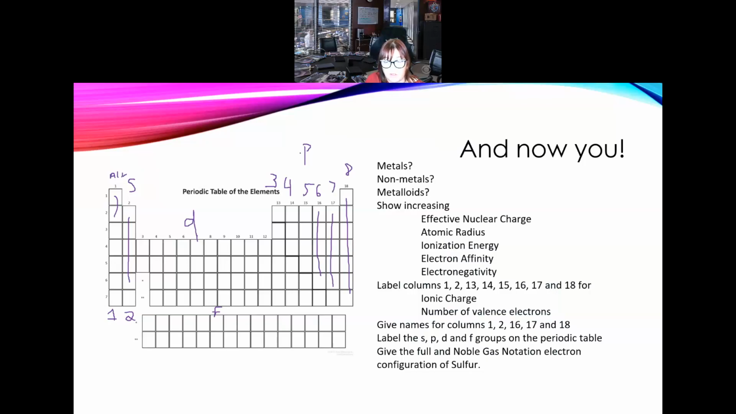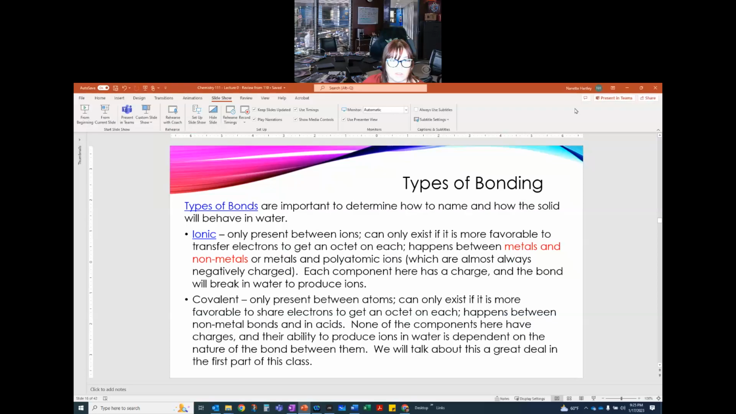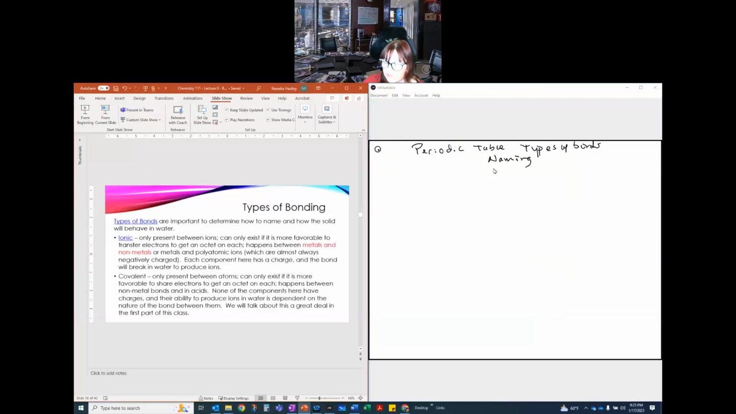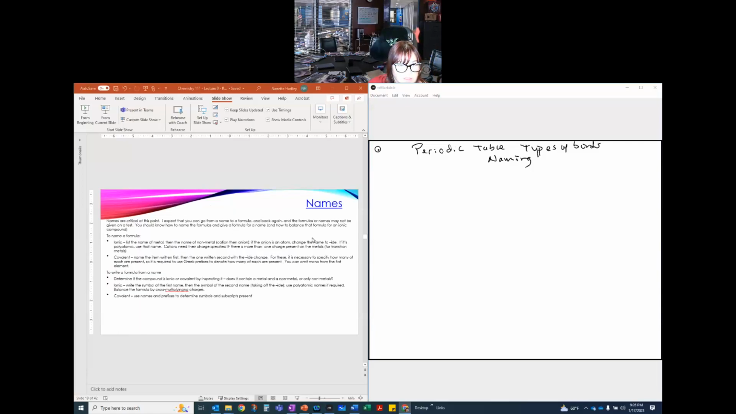Now, I did ask you to do a full and noble gas notation electron configuration for sulfur. So if we want to look at sulfur, I want to talk about sulfur. Sulfur's atomic number is 16. Okay, so it's 16. And that means that if we're looking at a periodic table,